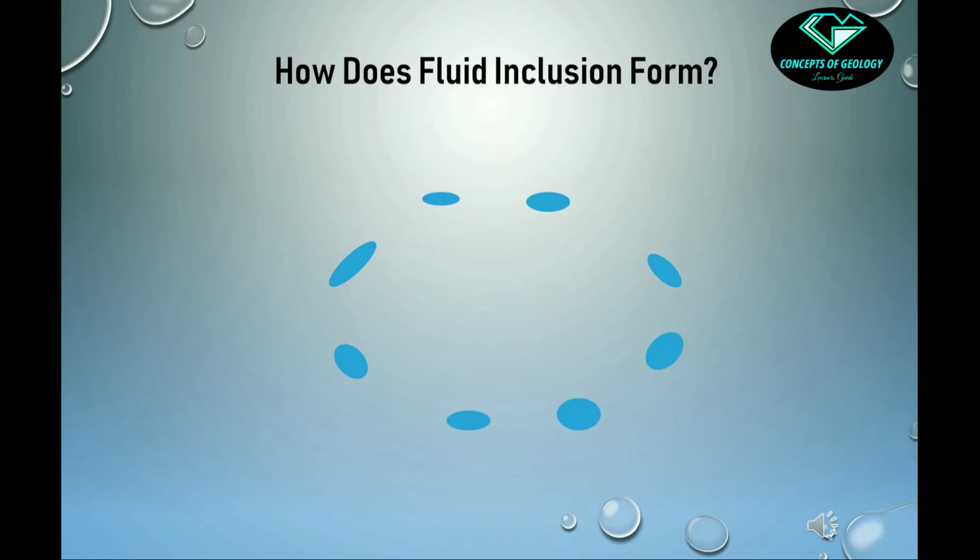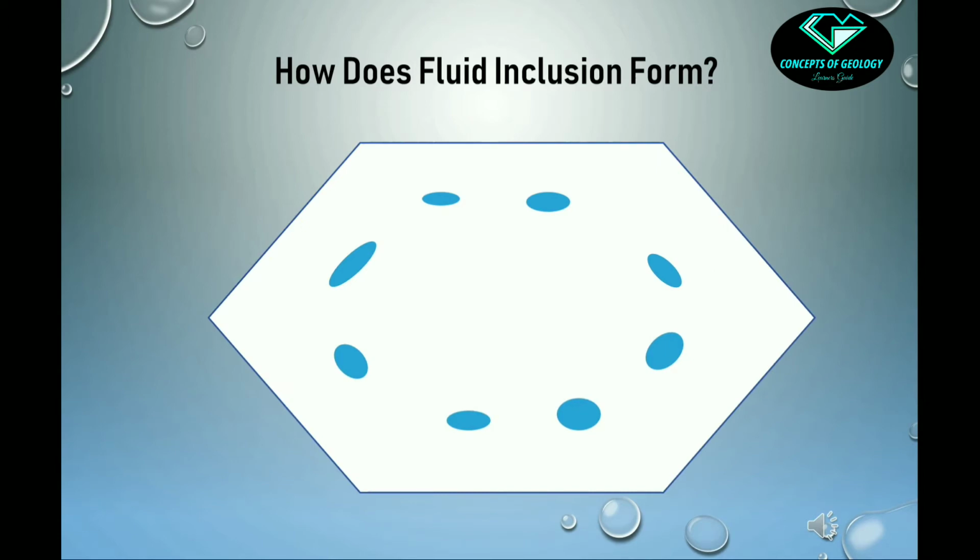Now, before proceeding to the main technique of fluid inclusion geothermometry, we should have a clear conception about how fluid inclusions form. Suppose this is a euhedral crystal in which we are getting the inclusion. Fluid inclusions are nothing but a small amount of fluid trapped during the growth of the crystal. So suppose this is the growing phase of the crystal, and then the inclusion was trapped in the mineral. After the inclusion is trapped, it is cooled within nature.